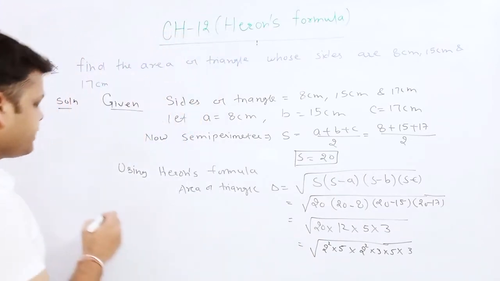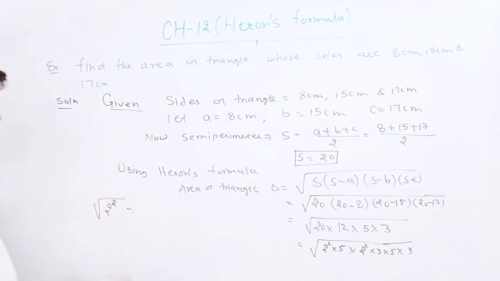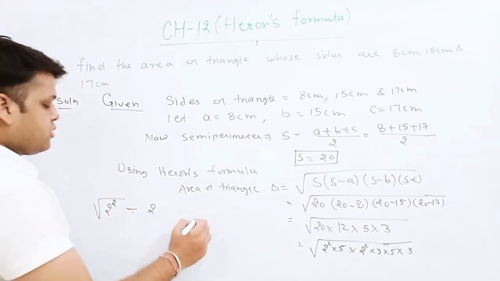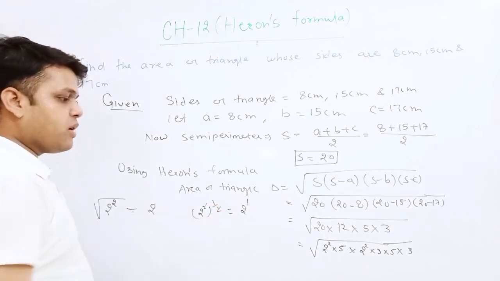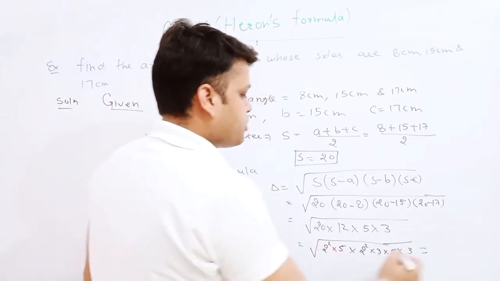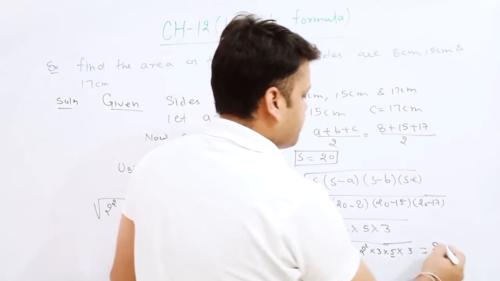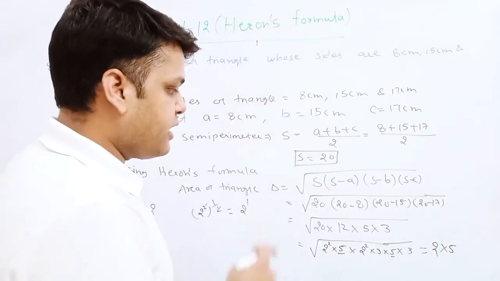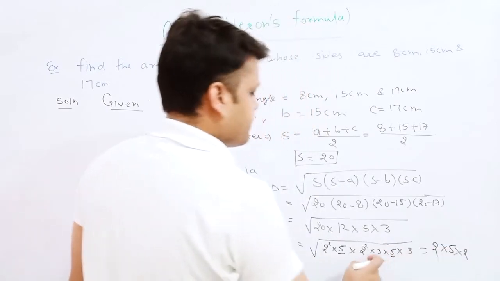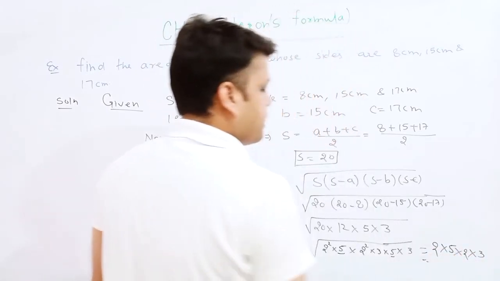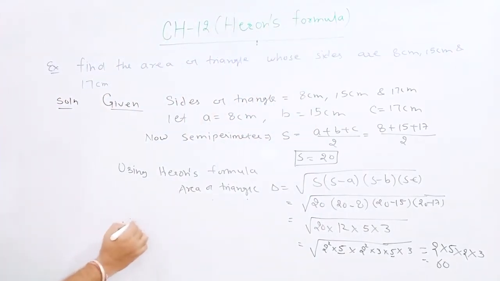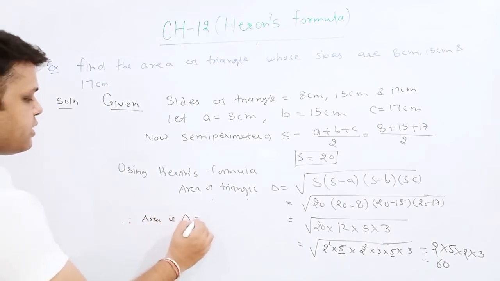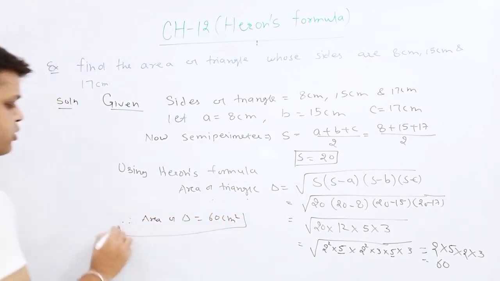It means if 2 square is written in the root, we can say that it is equal to 2, because root means power half and power half will be cancelled out. It becomes 2 raised to power 1. So here we get 2 square as a 2. 5 into 5 square means after removing root we get 5. 2 square becomes 2. 3 into 3, 3 square becomes 3. So it becomes 60. So hence the area of triangle becomes 60 centimeter square, because